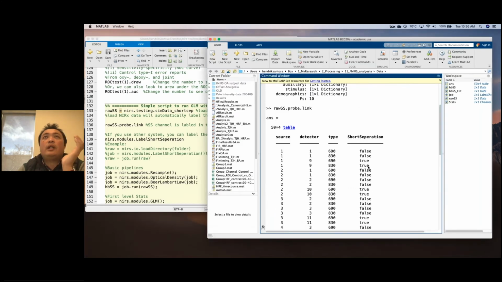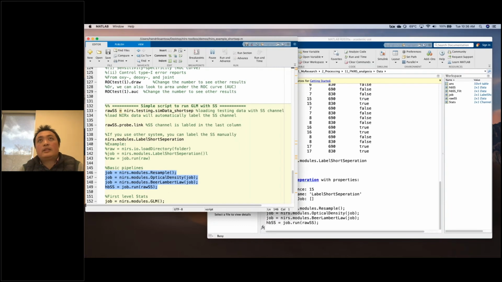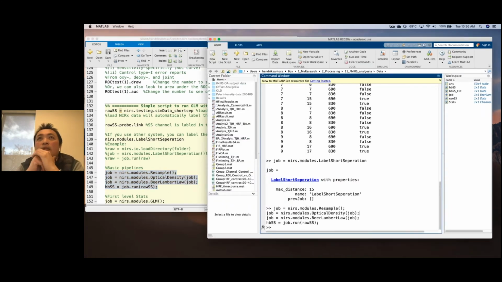So you will have the short separation label in the last column, and after that we can run the basic pipeline. First you need to resample. It's up to you, but we usually resample. The default is, I think, 4 Hertz.